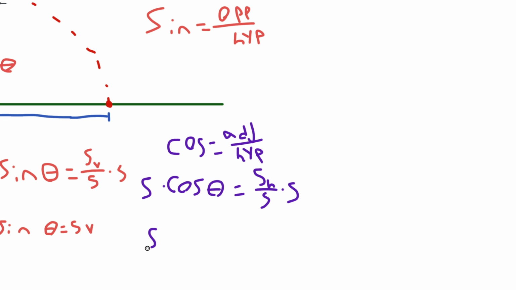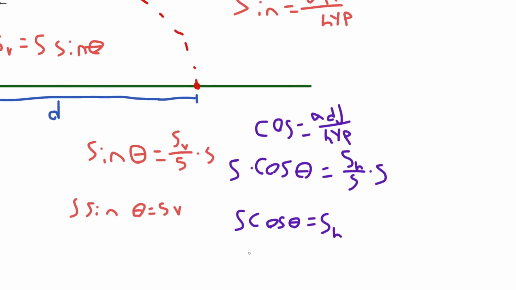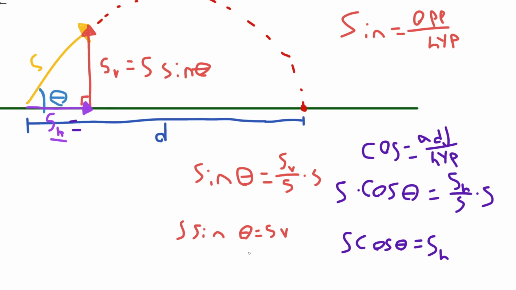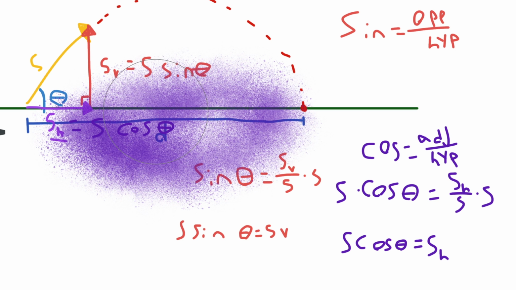So that means that S cosine of theta equals S horizontal, or the horizontal speed. So now we have two equations that give you both the horizontal speed and the vertical speed. So the horizontal speed is S cosine of theta. And yes, I am covering up the D. Okay, anyway, so now we can start